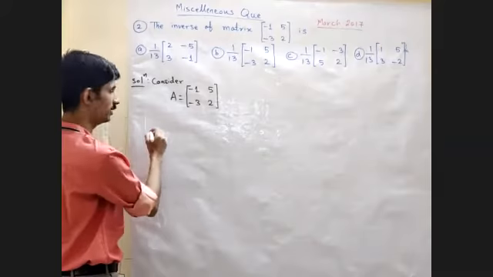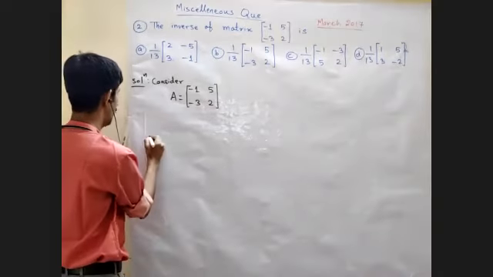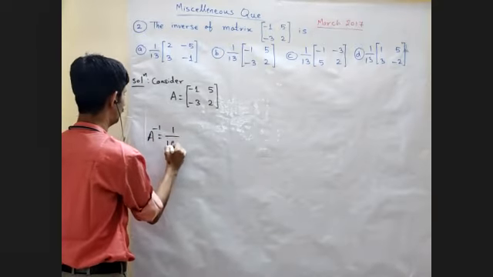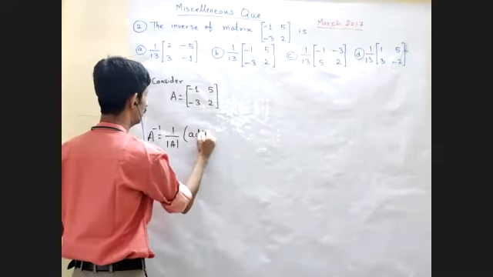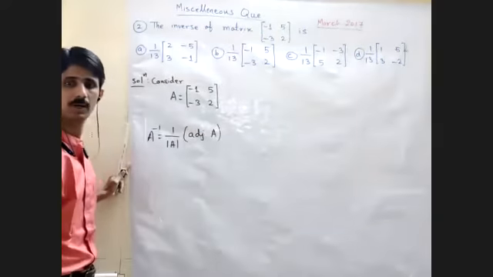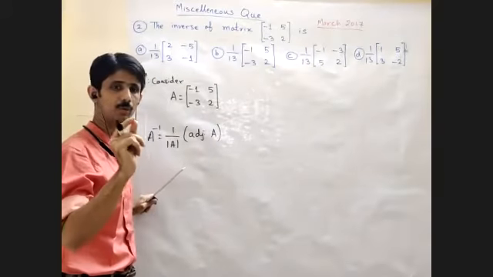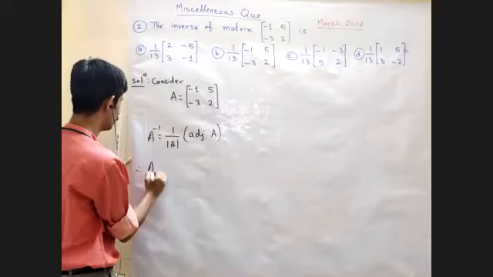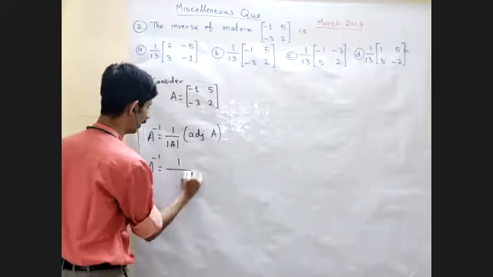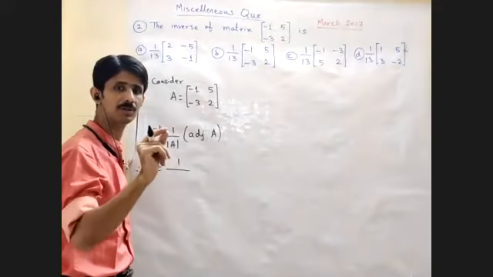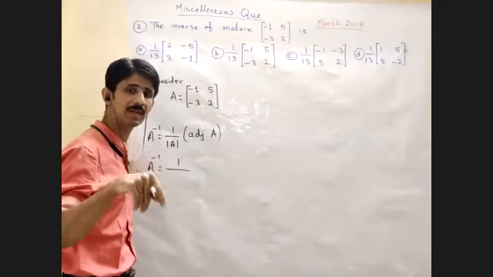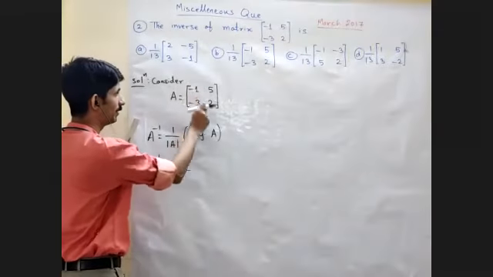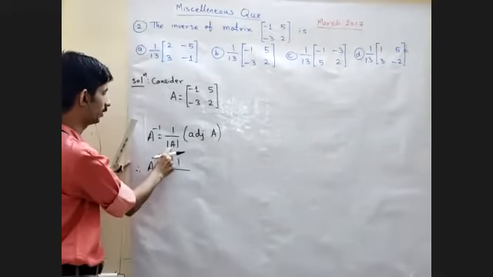So now recollect what does the definition say? Matrix A दिया है. Now A inverse is equal to 1 by determinant of A into adjoint of A. Now recollect when we have done the theory lectures, मैंने आपको 2x2 मैट्रिक्स का एक शॉर्टकट भी बताया था. We can find out directly the A inverse by using that shortcut itself. So A inverse is equal to 1 by determinant of A. Now since it is a multiple choice question, we will not waste time in writing down the steps. Steps लिखने में time ज़्यादा ज़ाया नहीं करेंगे. Now can anyone tell me the value of the determinant? What is value of determinant of A?